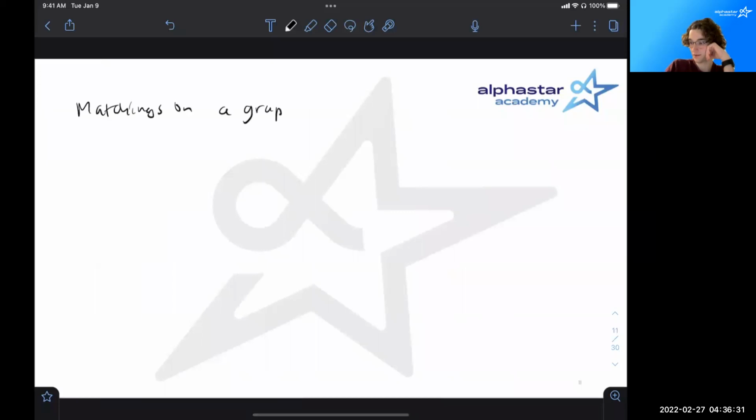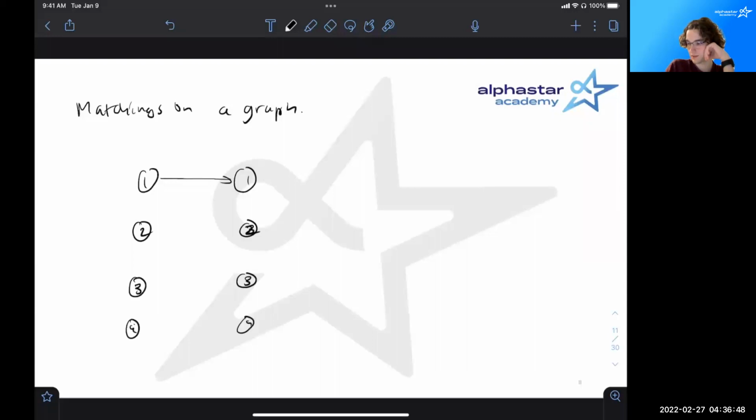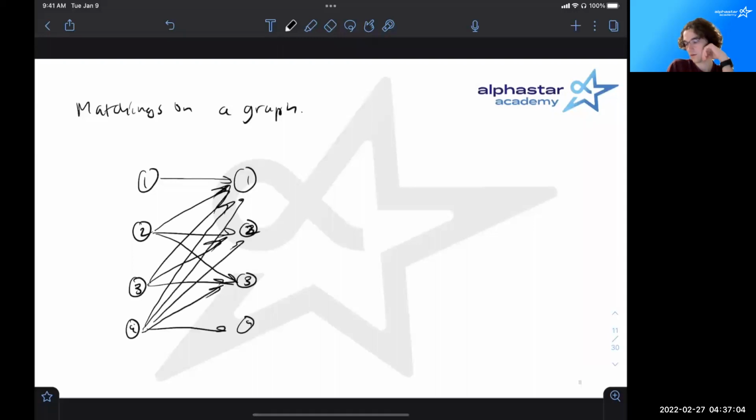So maybe we want to, if we think of it as a bipartite graph, which one do they receive the gift from and which one do they give the gift to? In this case, everything points to 1, because all of them give the gift to 1. But 2 and 3 can give it to each other. And 4 can give it to everyone. So here, we want to know the number of perfect matchings,